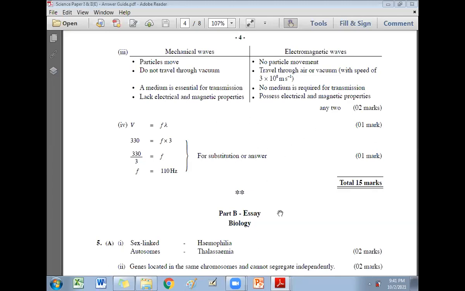Always my advice, whenever there's an equation, especially in physics and chemistry, maybe number of moles equals mass over molar mass, or V equals F lambda, P equals H rho g, always V equals IR. So please write the equation. Don't just copy the answer, or work out this sum on a rough paper and put only the final answer. If the final answer's units are also missing, then no marks, 0 marks. You know it, but no marks. Sometimes students copy the answers from others and put it. Okay, so that is the marking scheme.